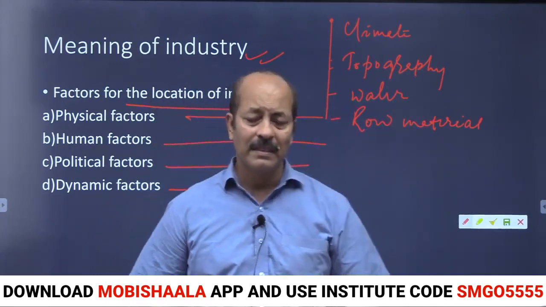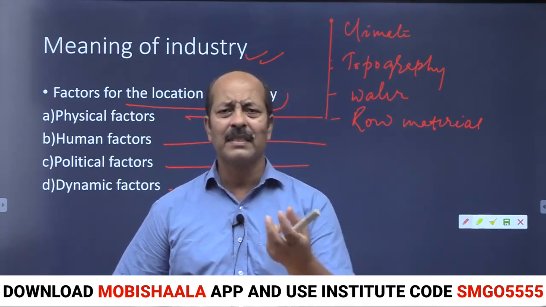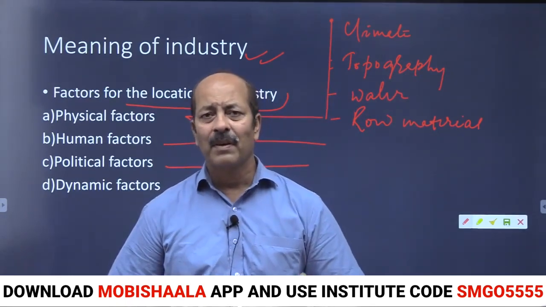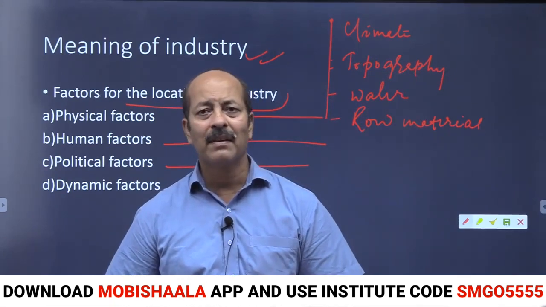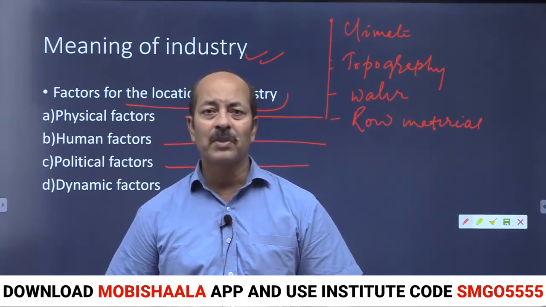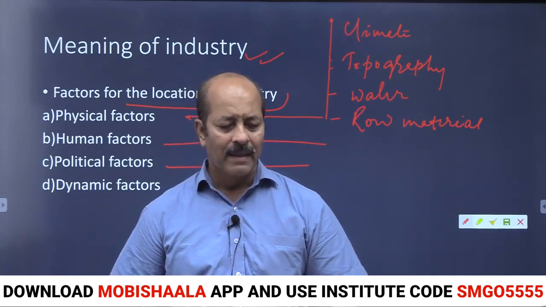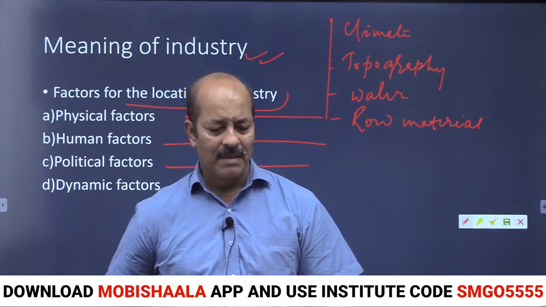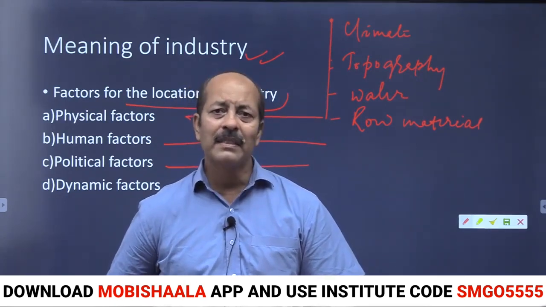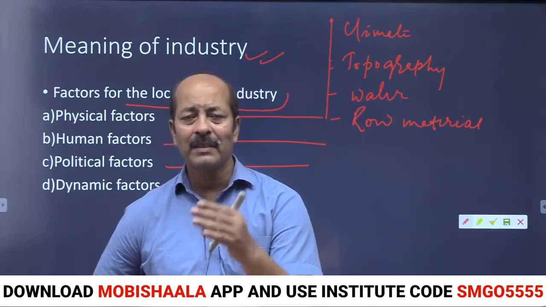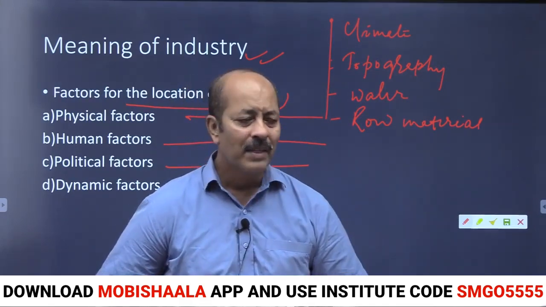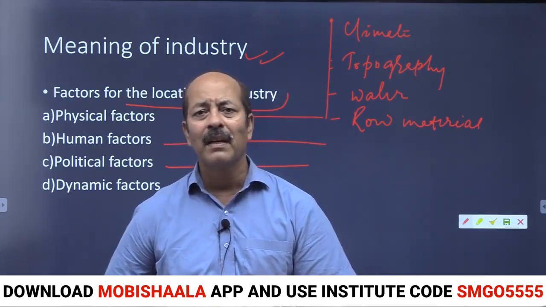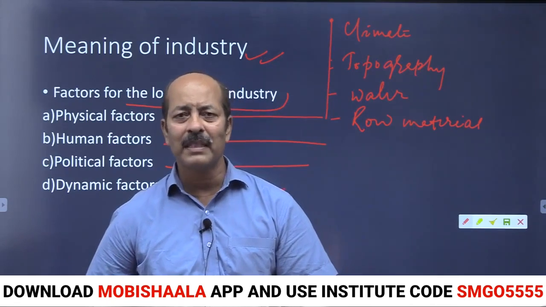Now we have water, just in one sentence, not in detail. Industries are located close to a river bank or the source of water because it is needed for industrial uses. So we will find that most of the industries are located either in coastal areas, river bank areas or lake areas. You can see the example in the coastal area of America and coastal area of Europe, where a number of industries are located, also in India.